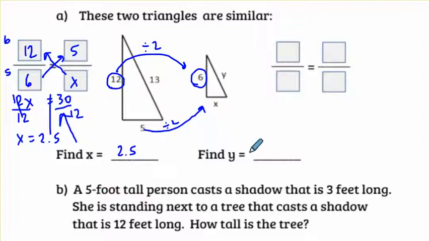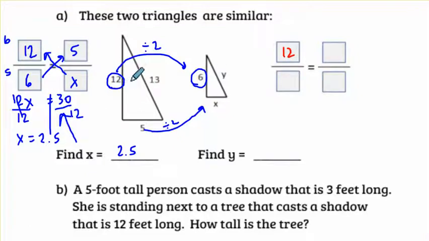Now we find y. I'm going to remind you guys that you want to make sure that you are going back to whatever was given to us. Because if you made a mistake here, like if you got the wrong x and now you base your proportion on a wrong value for x, then you have no hope of getting this right. So you always want to go back to the original information that we were given. Now I'm going to set up this ratio a little bit differently just to show you that it doesn't have to be 12 over 6. It could be, let's say, 12